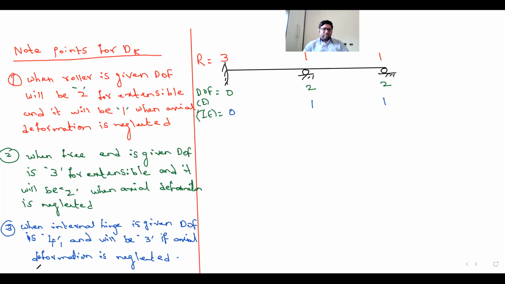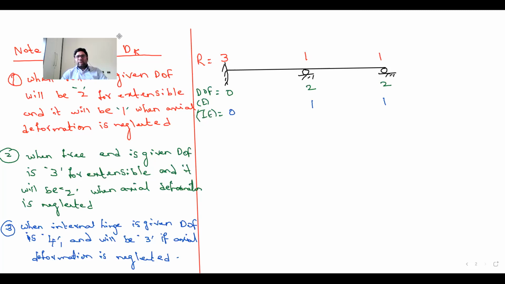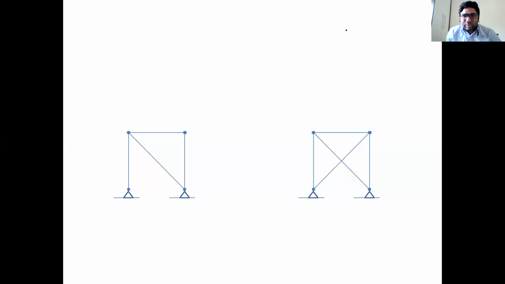So all of you please follow this methodology to avoid any sort of confusion when you are going to take the things forward. Okay. So with this, degree of static indeterminacy and kinematic indeterminacy is over. Next, we move on to some of the advantages and disadvantages of indeterminate and determinate structures, and that's it for the chapter.